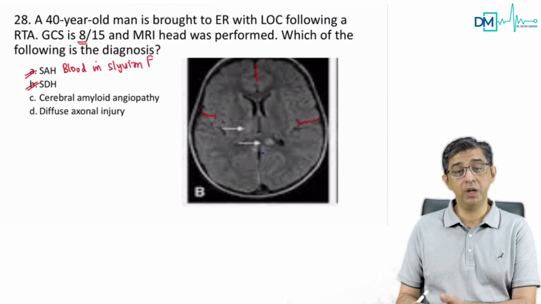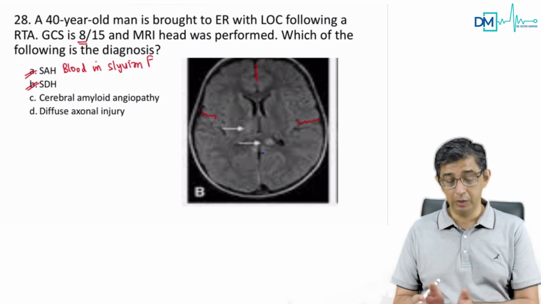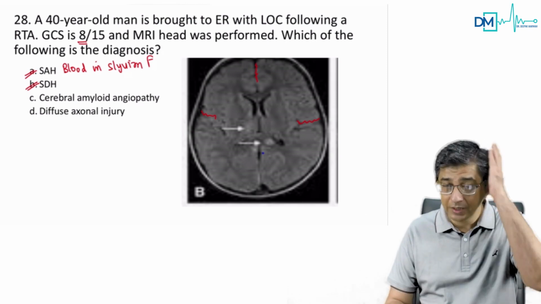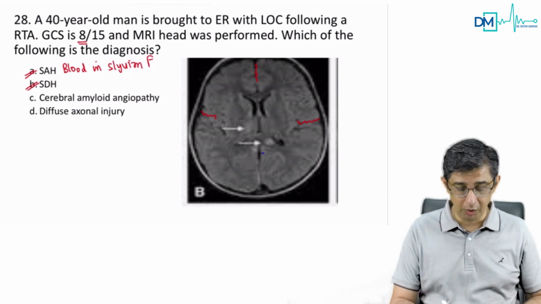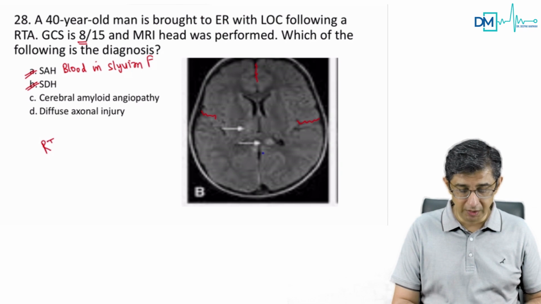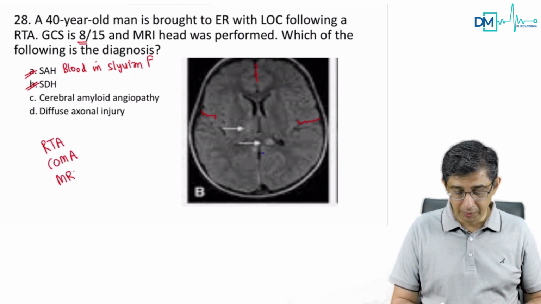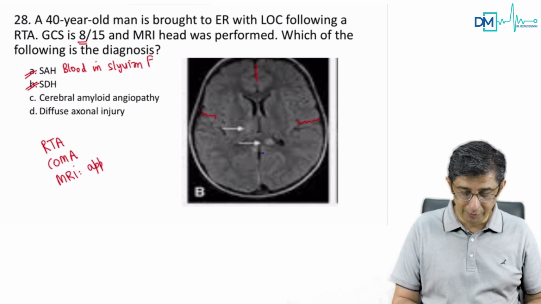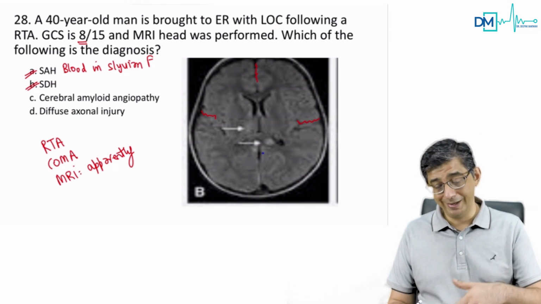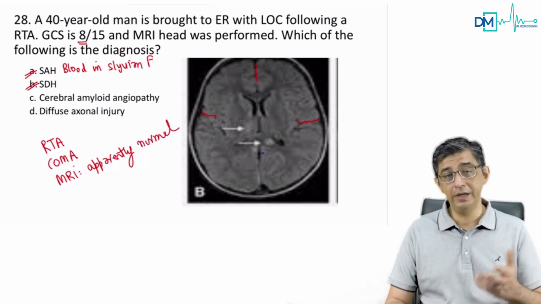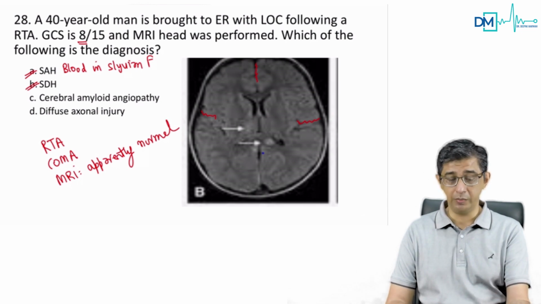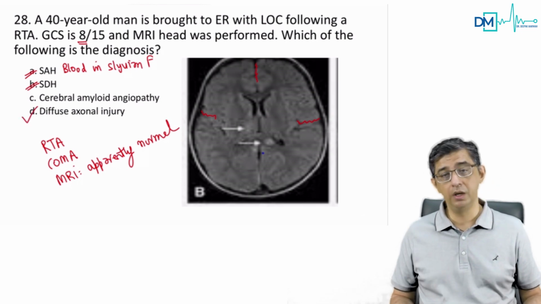Anytime you have an MRI head with no gross findings visible, but the person is still in coma after a road traffic accident, head injury, and no visible bleeding, the bottom line is there is a road traffic accident, the person is in coma, and the MRI of the person looks apparently normal. That's the point. Though some people pointed at some white spots which could be incidental calcifications, the MRI is not showing any gross bleed. It's not EDH, not SDH, not subarachnoid hemorrhage. That would be diffuse axonal injury.